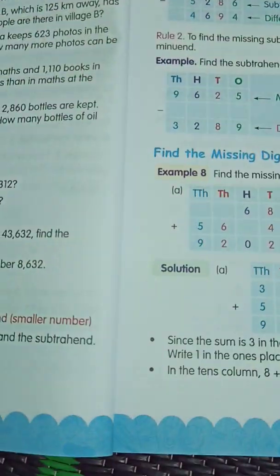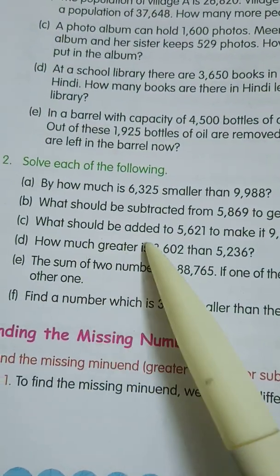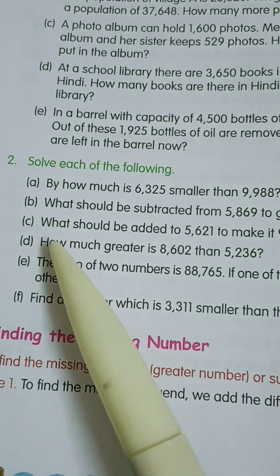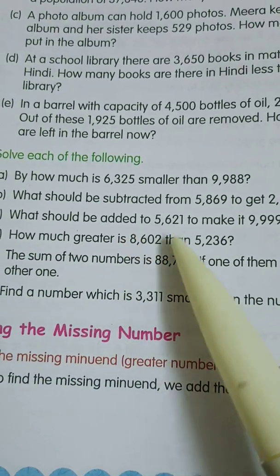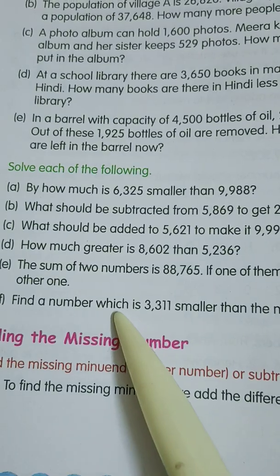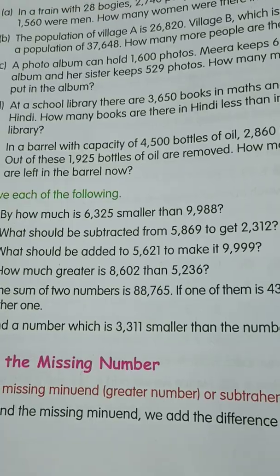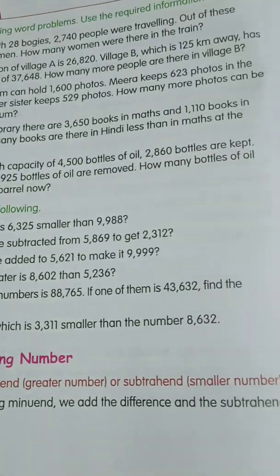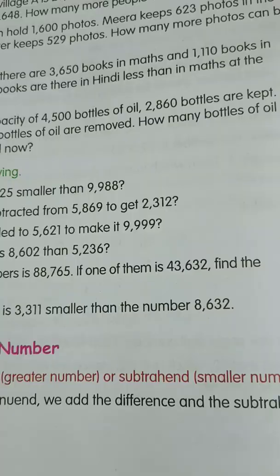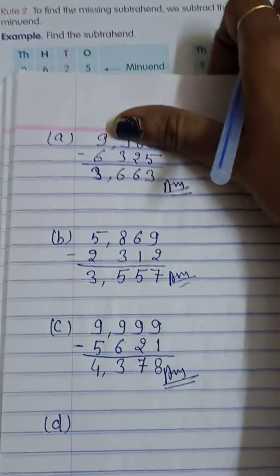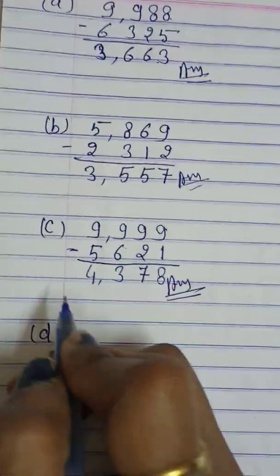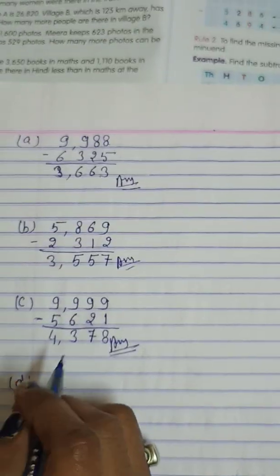This is very easy. First you have to understand the question, and after that you can solve it easily. Question number D. How much greater is this than this? Again we have to minus this number from this number, we get our answer here. Okay. So again we have to understand this here. Question D. We have to do this. So our question is